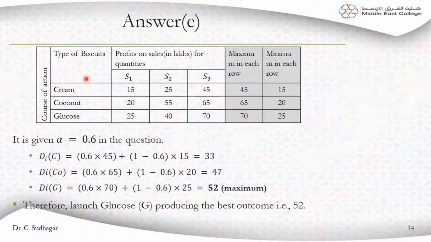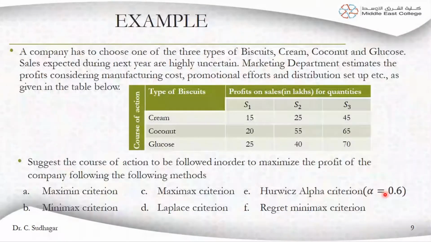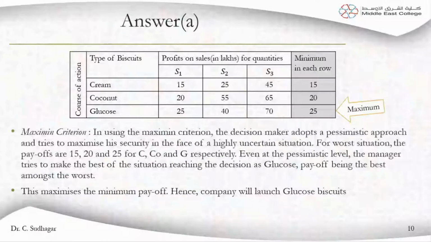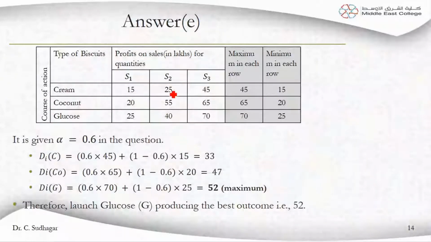Okay, so this expert's criterion will be given to you in the question. Use that criterion. Now for this one you have to find the minimum value and maximum value. The minimum value for each and every row is 15, 25, 45. This is the minimum value and this is the maximum value. So write them: minimum is here, maximum is here. Then again here 20 is the minimum value, 65 is the maximum value. Put them here. Similarly, the maximum and minimum values.